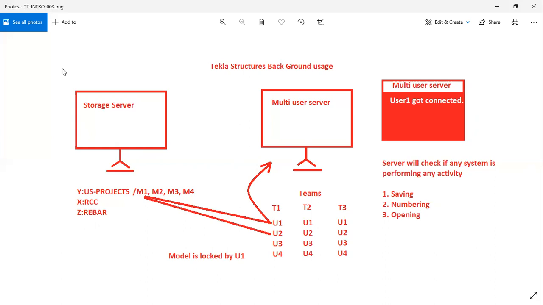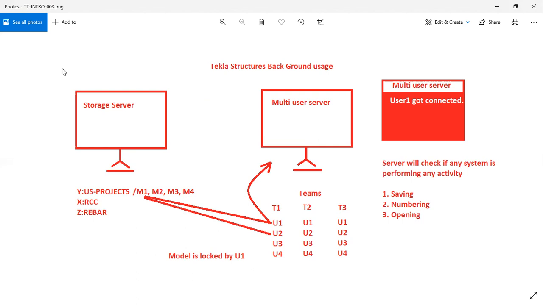Our teams will be working in the network. So this is a multi-user system. Tekla is a multi-user system, right? We will be working in the multi-user system, due to which we will have to locate the folders in the common network. In order to access those files, we need to have a map drive. We need to map those local networks to our intranet.